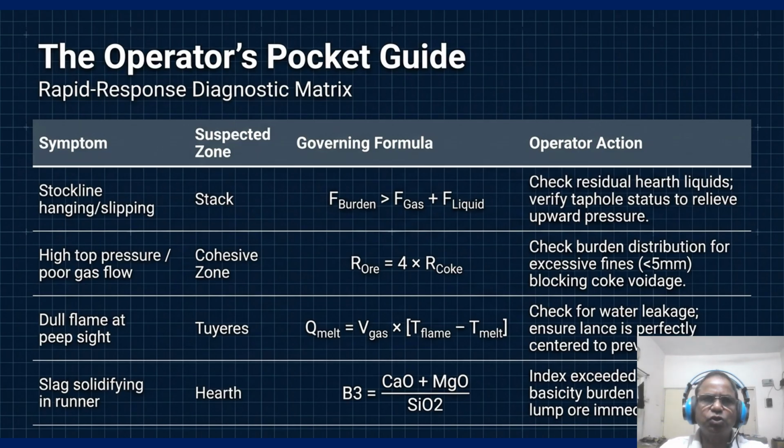Now, if you see stock line hanging, you know to check your hearth liquids to relieve the upward pressure. If you see the top pressure or poor gas flow, you know the cohesive zone is struggling with the fines. If the flame is dull, check for a water leak at the tuyeres. And if the slag solidifies in the runner, your B3 index is too high and needs an immediate shift in burden chemistry. So use these five formulas as your map and you will always know the right move to make the production safer and